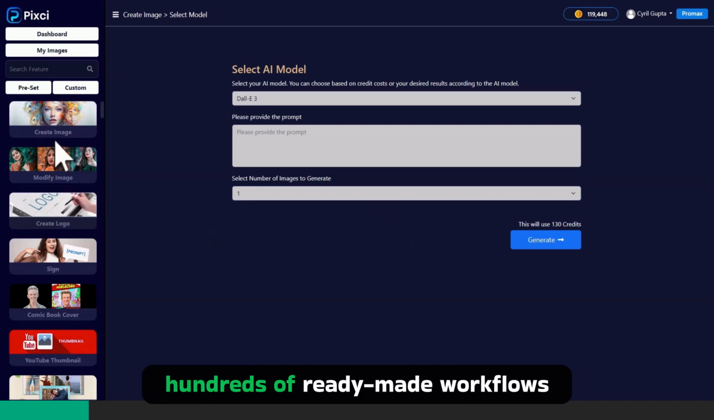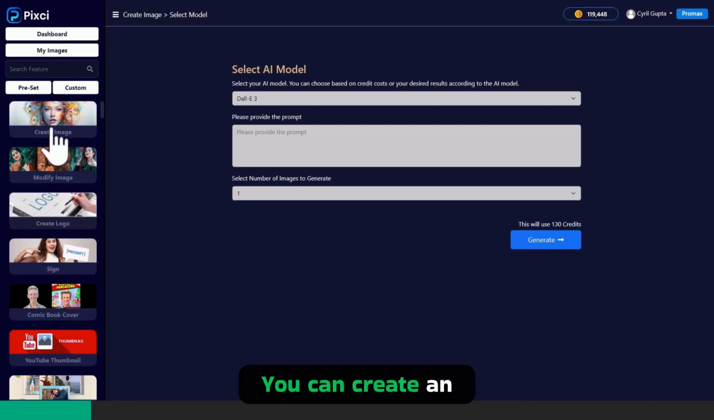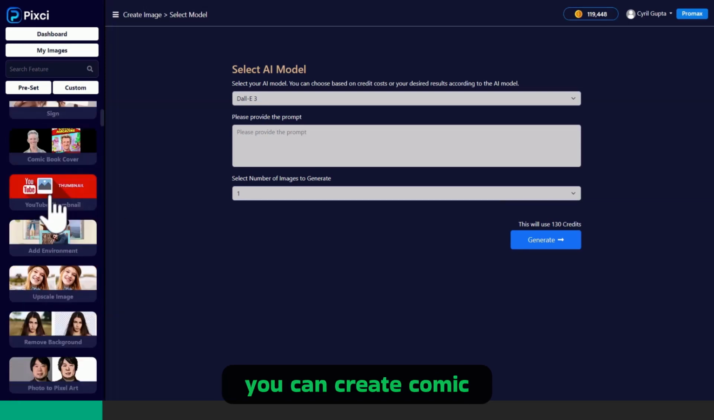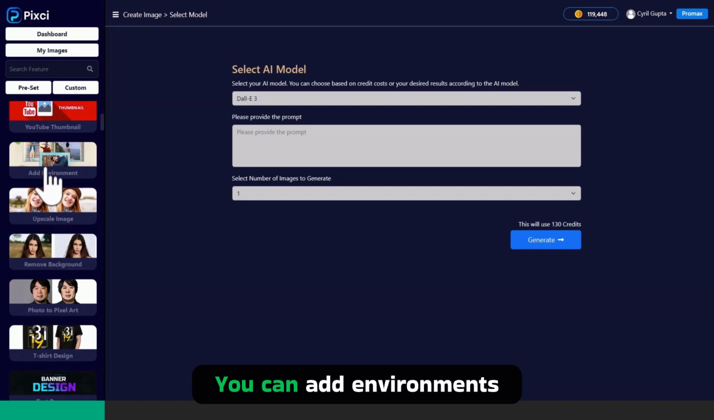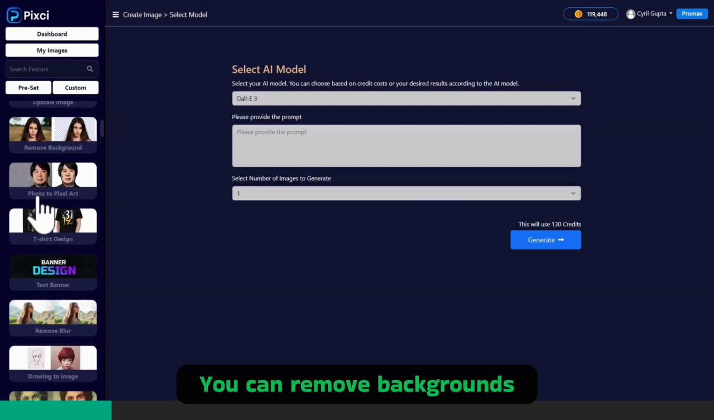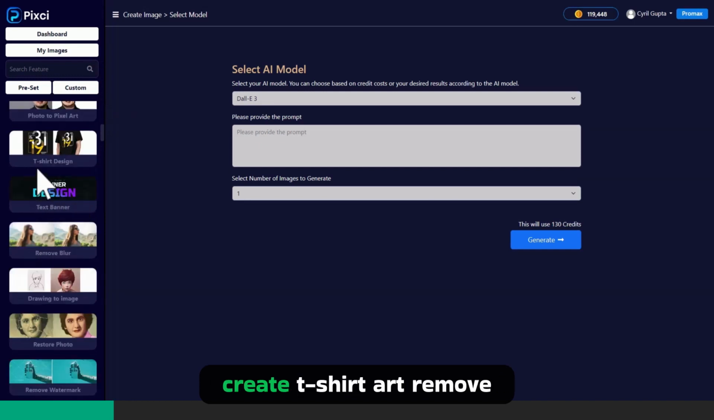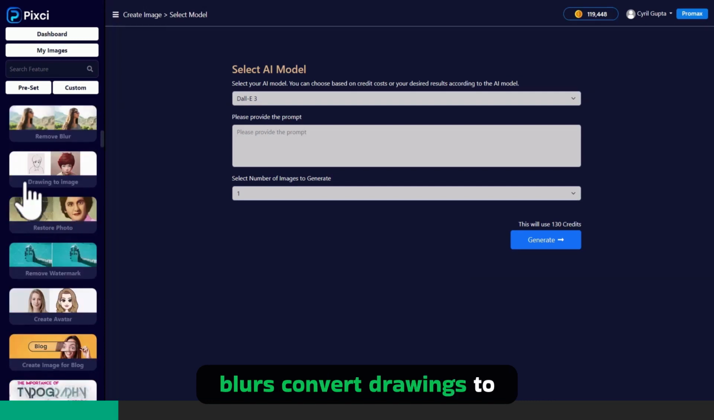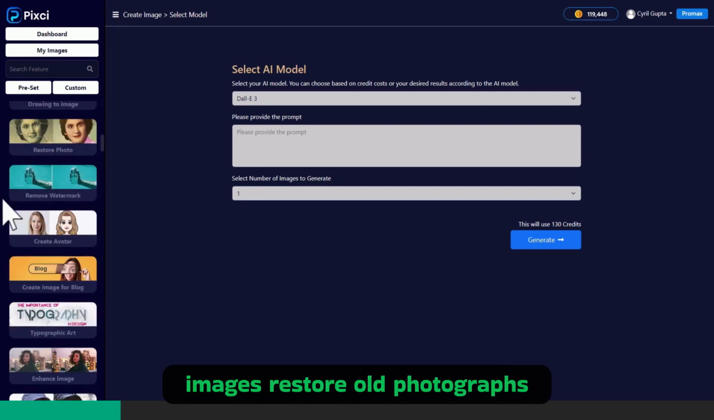Pixie has hundreds of ready-made workflows. You can create an image, modify an existing image, or create a logo. If you want, you can have a person holding a sign, very good for ads. You can create comic book covers and thumbnails, add environments to an image, and upscale an image to make it larger. You can remove backgrounds, convert photographs to pixels, create t-shirt art, remove blurs, convert drawings to images, restore old photographs,